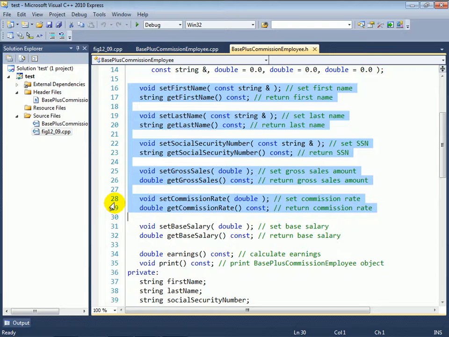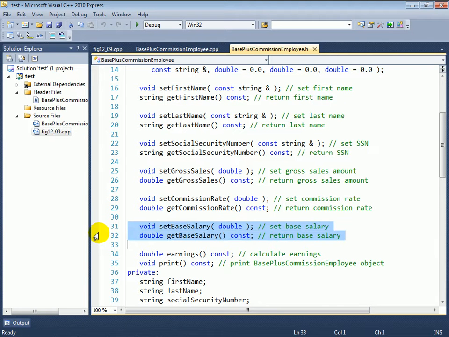All of these member functions are going to work exactly the same as they did in class Commission Employee, so there's really no reason for us to define all of this from scratch. We're doing it here to prove a point to you. So we have these 5 pairs of set and get member functions which are really identical to class Commission Employee. Then of course we add a set base salary and get base salary because we have another piece of data in this class. And then finally we have an earnings function and a print function, and we had those in